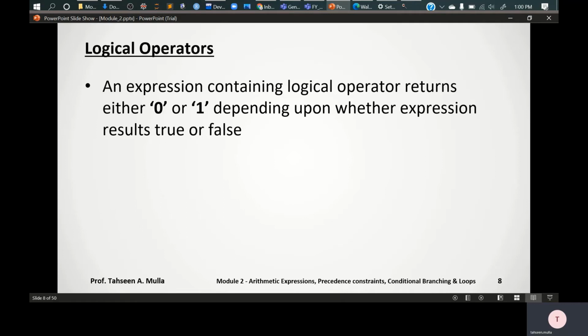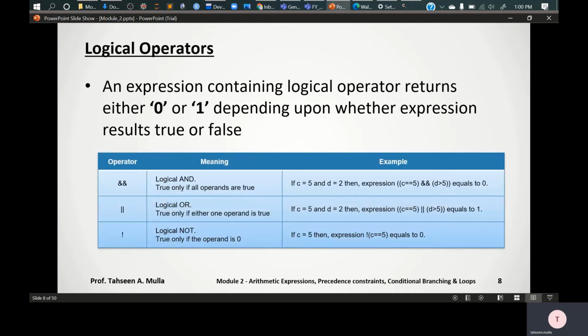So the input might be in terms of 0 1 or true or false, right? So we will be interpreting it as yes no, true false, as on and off, and so on. Okay, so these are nothing but how logical operators are being performed. Now there are three different operators. This is called a logical and, right? We write ampersand twice to represent a logical and while writing a C program, right?